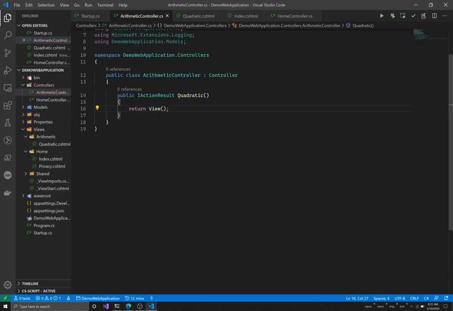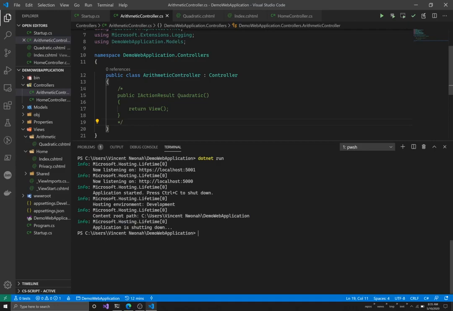Okay, I'm just going to use the multi-line comment here. So this is, by the way, a multi-line comment if you've never used it before. I'm just going to comment out my quadratic equation here, because I want the application to throw an error. So I'm going to say .NET run,